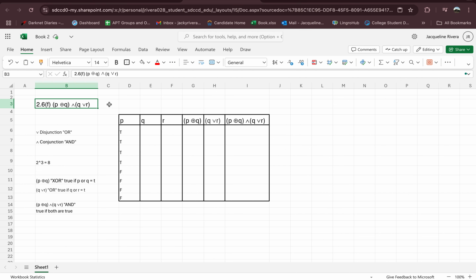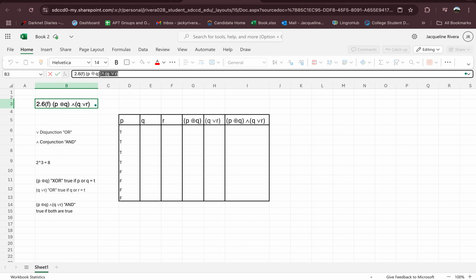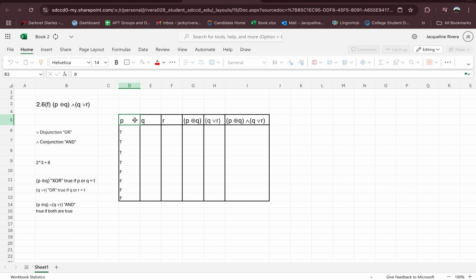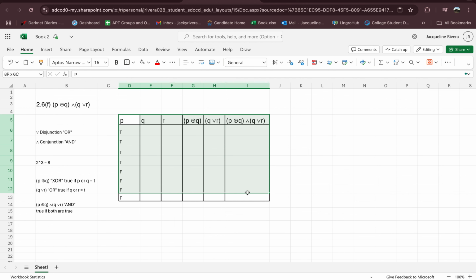So today I chose 2.6F as the question I'll be solving. So for my chart, I set up my chart with